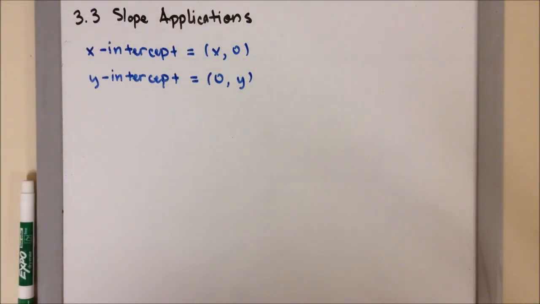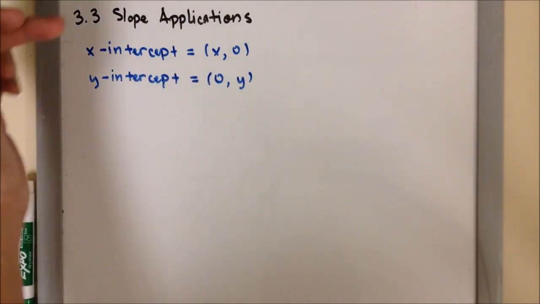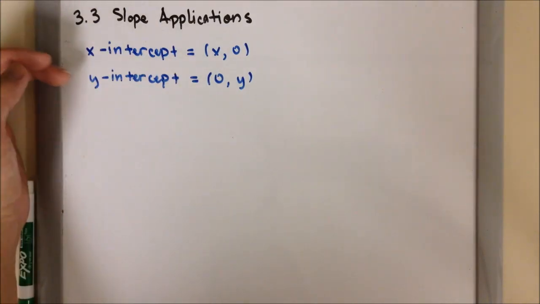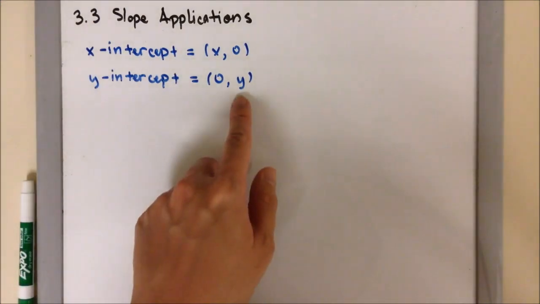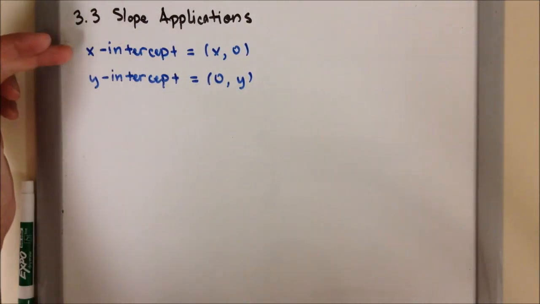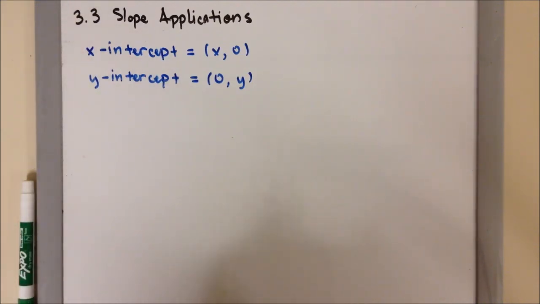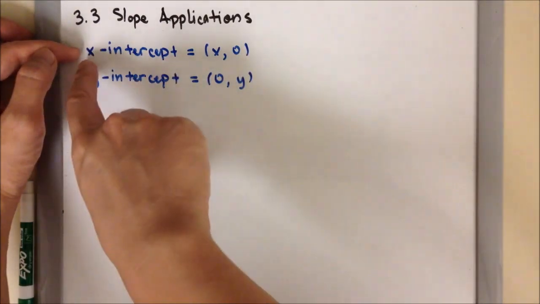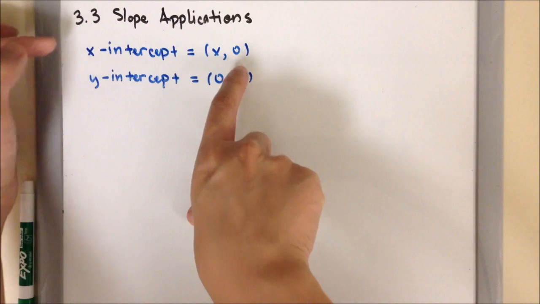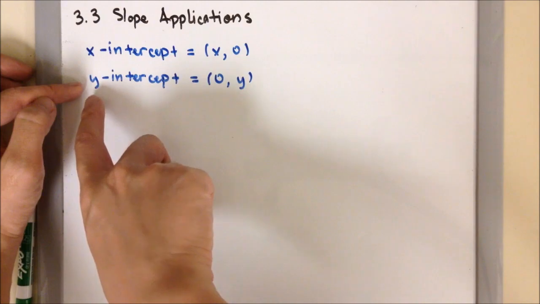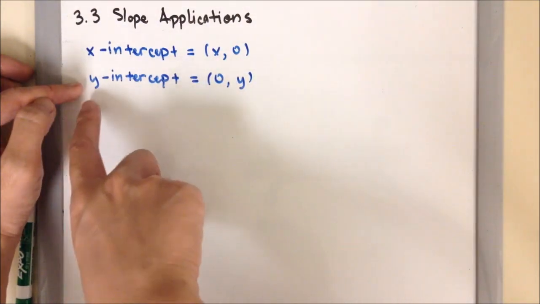So if you take a look at these two intercepts and you compare them, if you're looking for the x-intercept, you're trying to find x while y is 0. For the y-intercept, you're trying to find the value for y while your x is 0. So x-intercept and y-intercept, there's always going to be the opposite letter that is equal to 0. So if you're looking for x-intercept, the opposite is y, it's always 0, and you're just trying to solve for x. Your y-intercept, the opposite is your x, that is always 0, and you're just simply trying to find a value